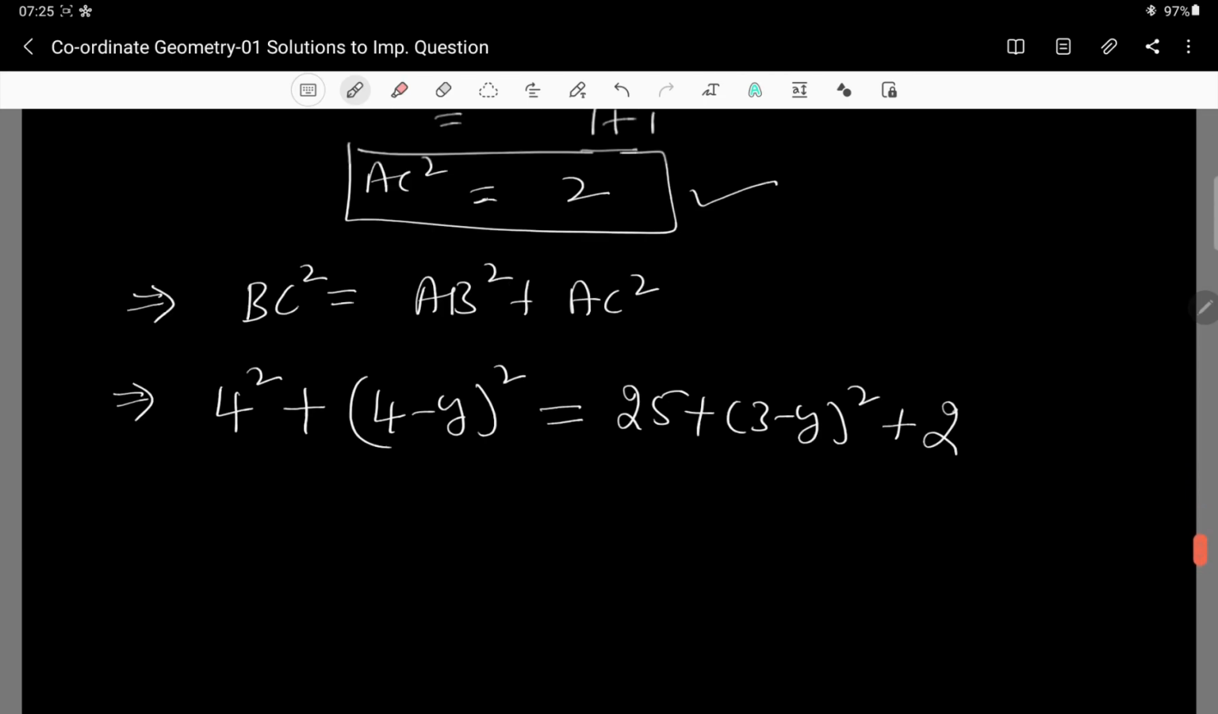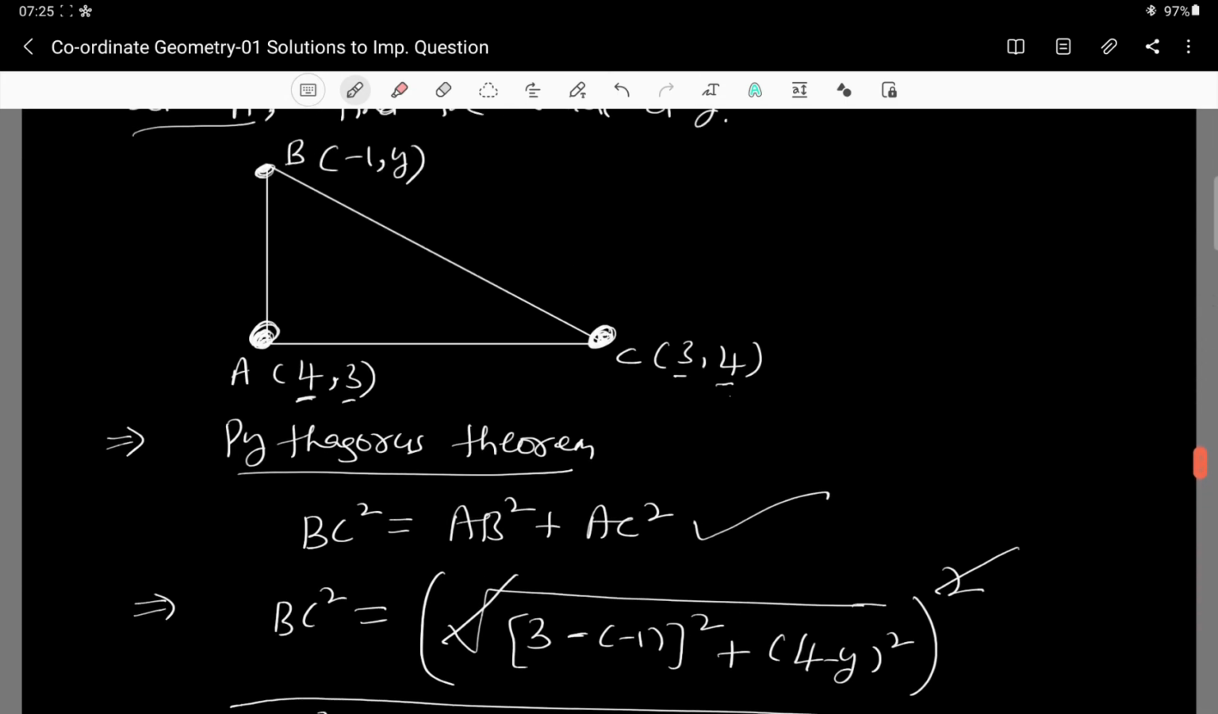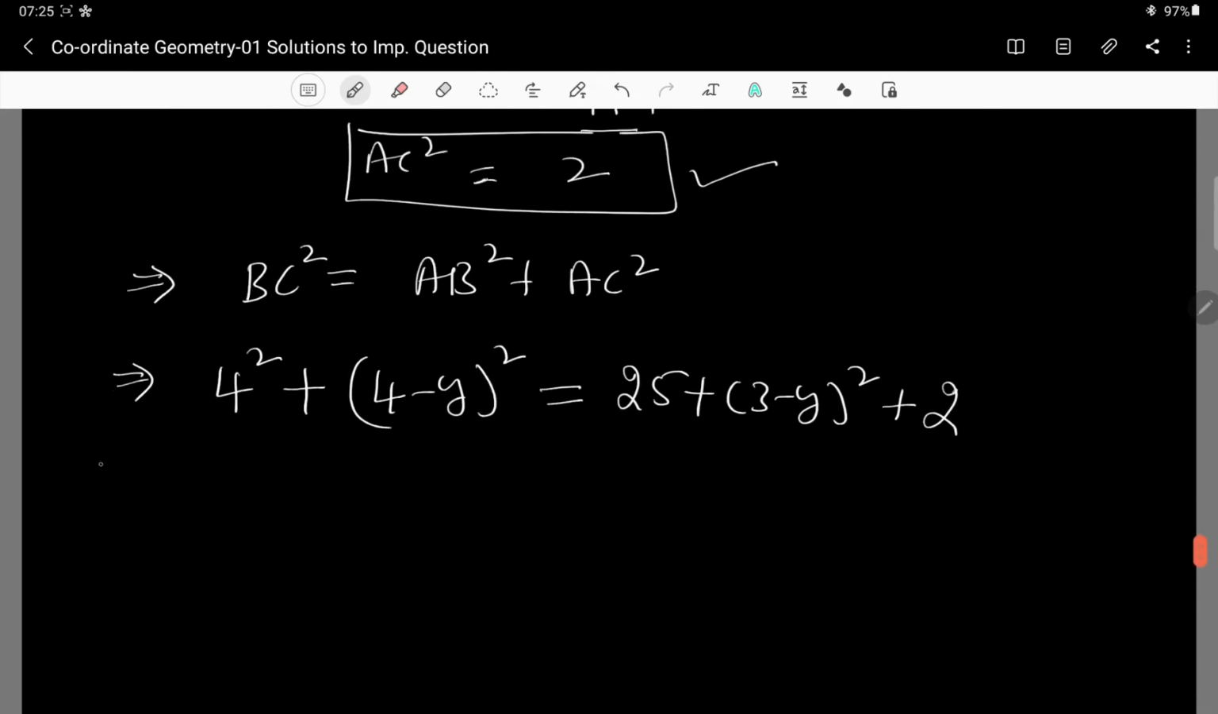Now I hope everybody got this, dear children? I hope everybody is getting what I am trying to do here. The first thing is BC square is equal to AB square plus AC square, that is the Pythagoras theorem. Then afterwards we found out this BC square, then AB square, then AC square, and substituted all these values. Please try to watch it carefully. Then what is the value of 4 square? 4 square is 16 plus, and 4 minus y whole square means a minus b whole square, that is a square plus b square minus 2ab,